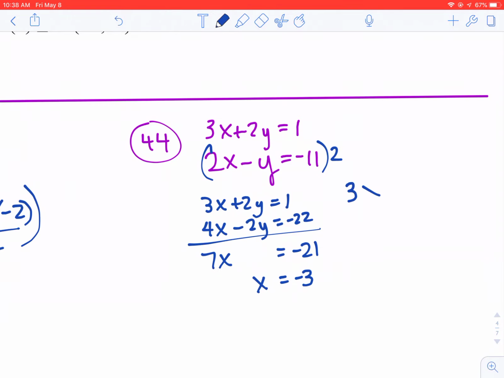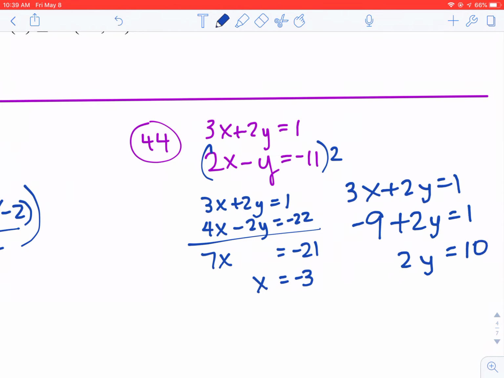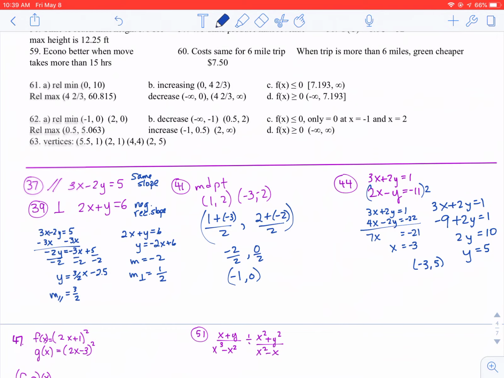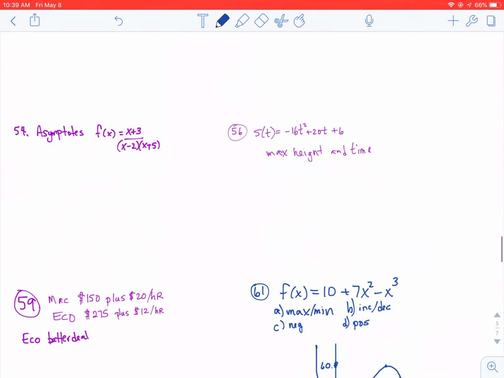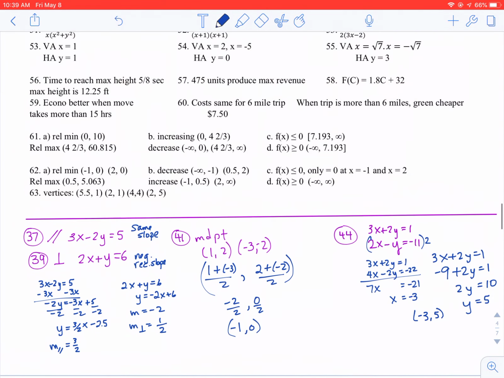So I have 3x plus 2y equals 1. I don't like negatives. So plug in my negative 3. I get negative 9 plus 2y equals 1. Add 9, 2y equals 10. So y equals 5. So my answer is negative 3, 5. Okay, I think I will stop this video here and then make a